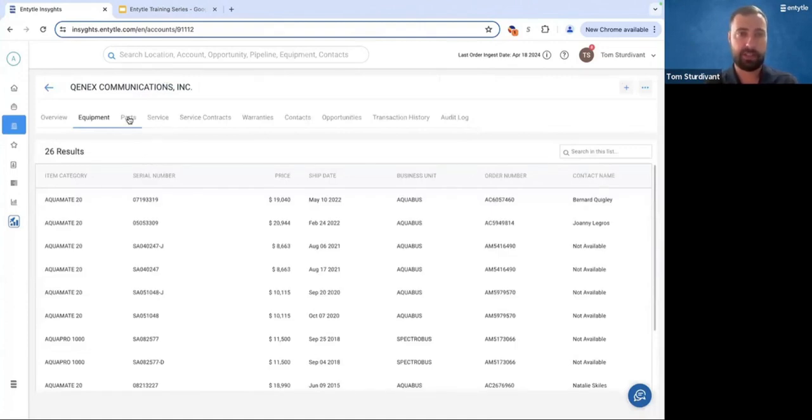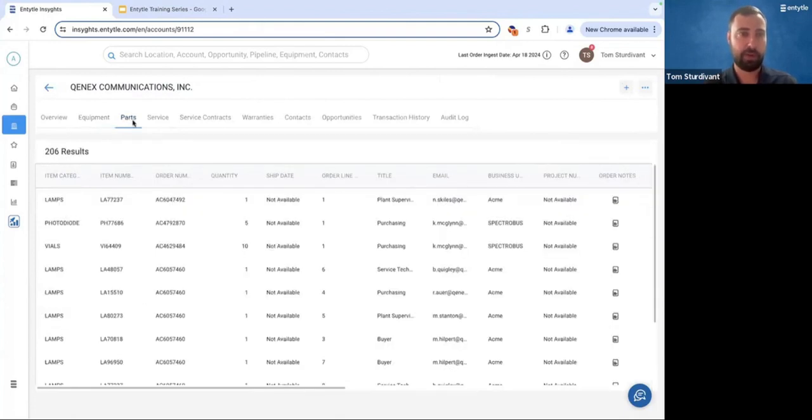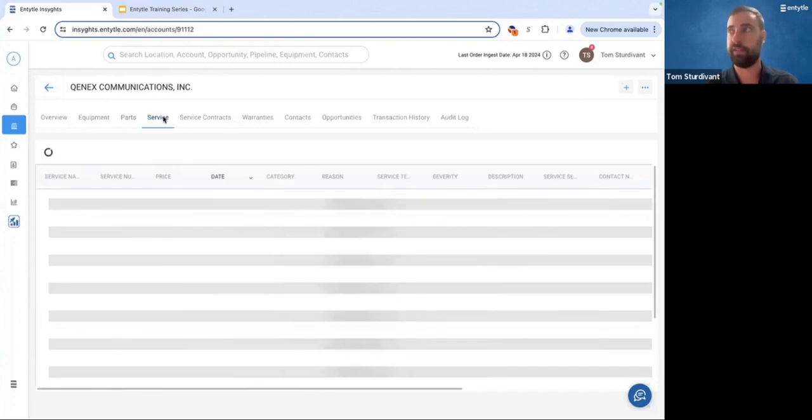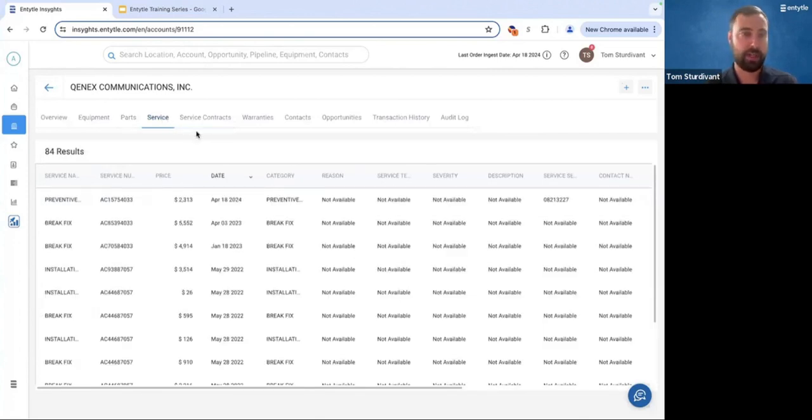And with this, there are additional tabs as well, like parts, where you can get an overview of all of the parts that have been purchased. So if you're calling this customer about maybe selling lamps in this instance, what you can see is the purchase history for those lamps, what they've been ordering, when they ordered them, how many of them. So it gives you insights into their purchase history. And then there's also things like services. So when this equipment or when this location last had services,